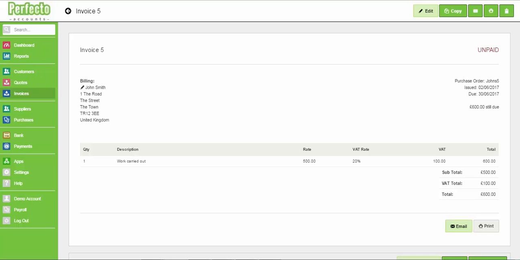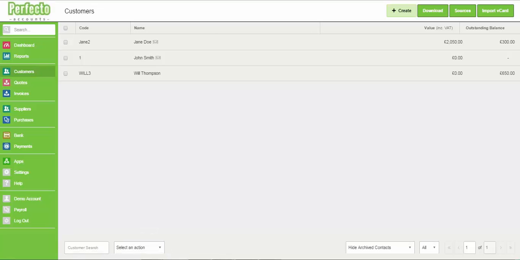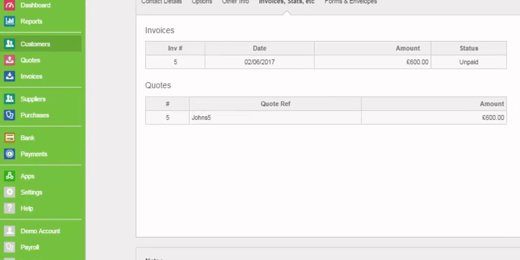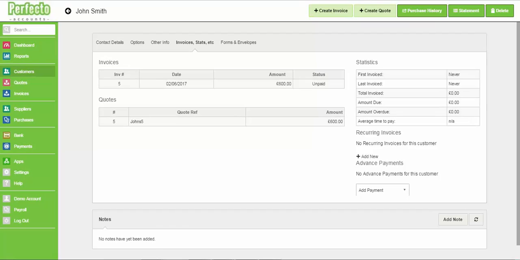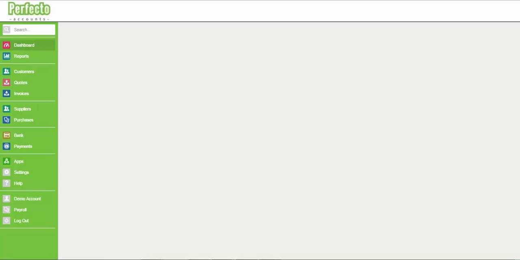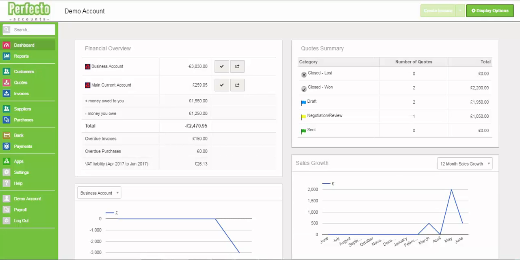And we can see that that quote reference field has copied onto the sales invoice. If we now go back through to the customer screen and go back through to John Smith, we'll now see that quote and the invoice are both listed on his customer record. So as you can see, it is a very simple process to set up and manage quotes within the software,